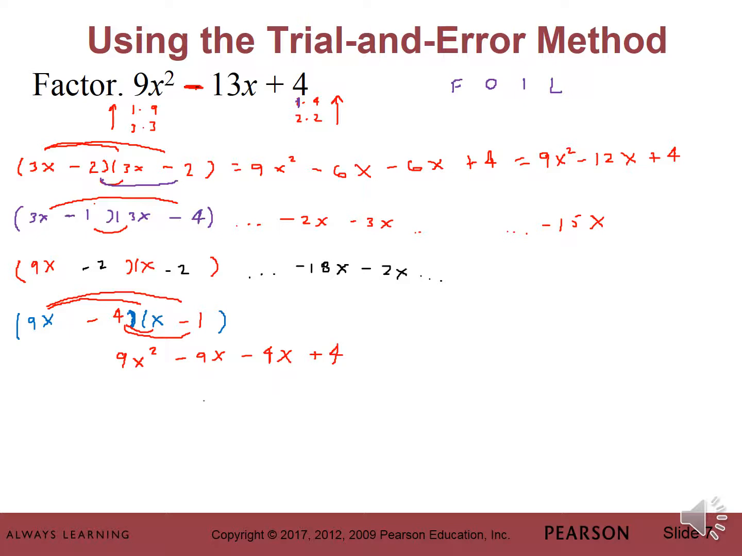And that's what we do in factoring. We check by foiling. 9x squared. Product of the outsides is negative 9x. Product of the insides is negative 4x. Product of the last terms is 4. Combine the two middle terms to make the negative 13x. So our factorization checks. Check. And so the answer is this: